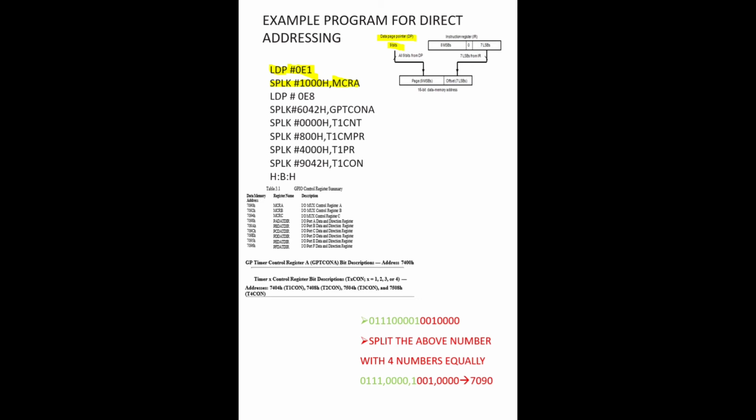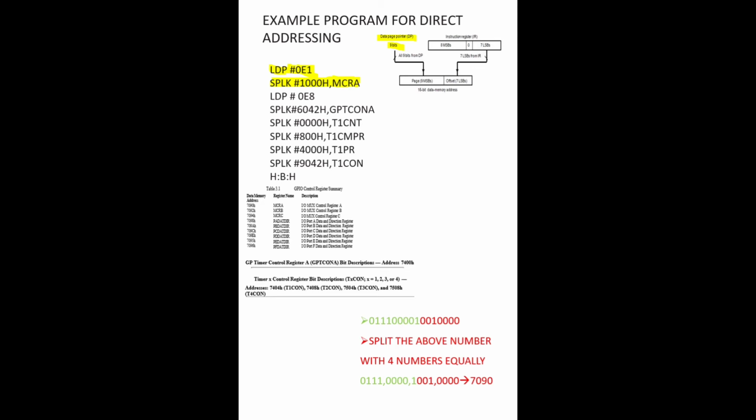All those things, when I am explaining this program completely in upcoming slides, you will understand. At present, consider that in a MUX control register, you're going to load a value called 1000. But I don't know the address of the MUX control register. But while reading this complete instruction, SPLK 1000 MCRA,